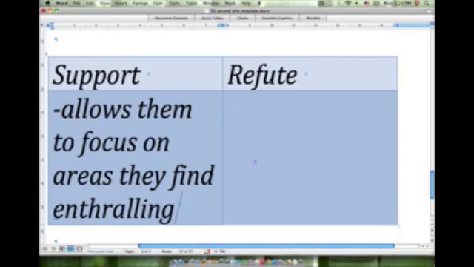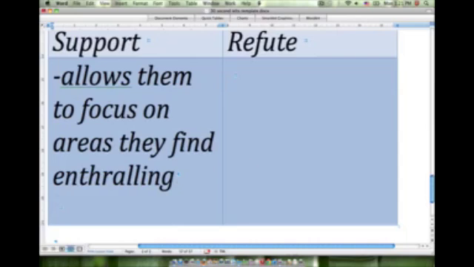Now, a second benefit in this point of view is that it could reduce the size of classes. So if you think about a class of, say, 30 students, and 8 of those students have little or no interest in the class, well, removing those 8 students from the class could be a beneficial thing, as it would reduce the size of the class, and may also weed out a few of the problematic students that are maybe causing disruptions in the class because they're simply not interested.